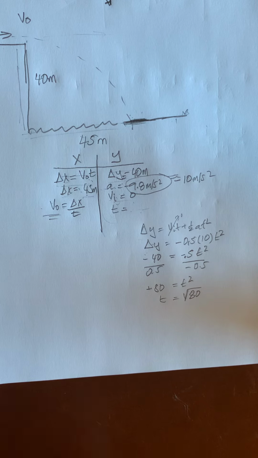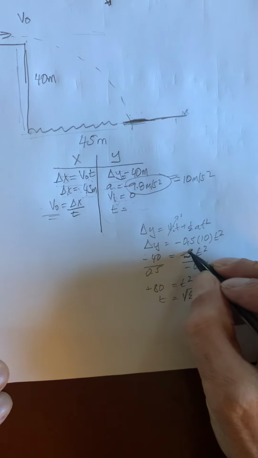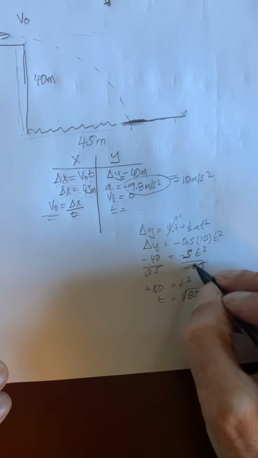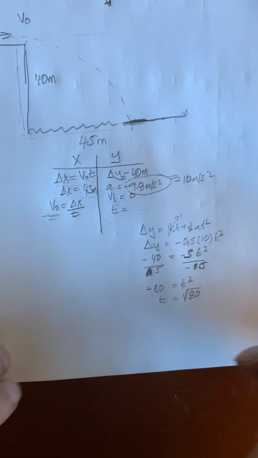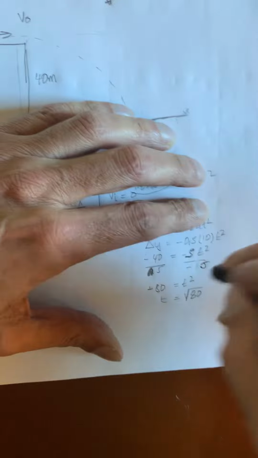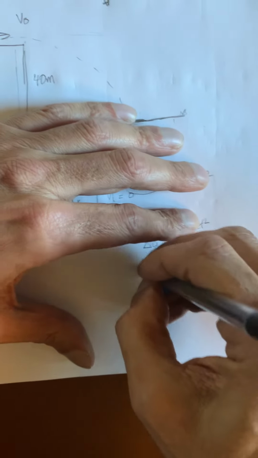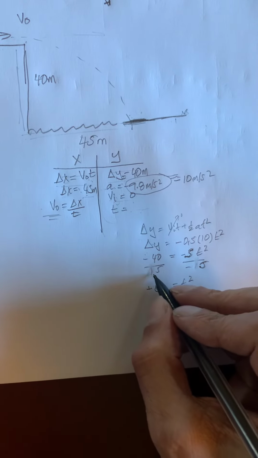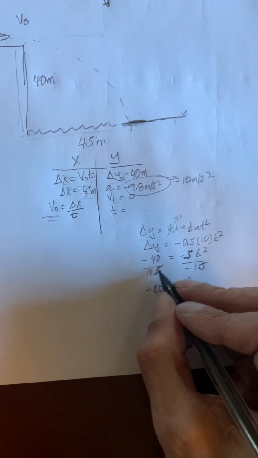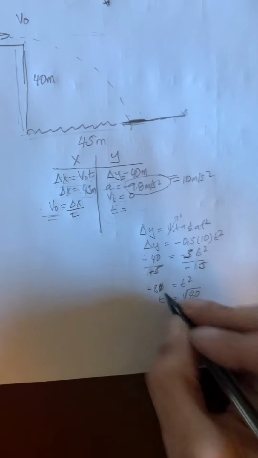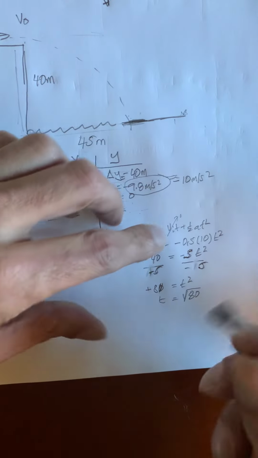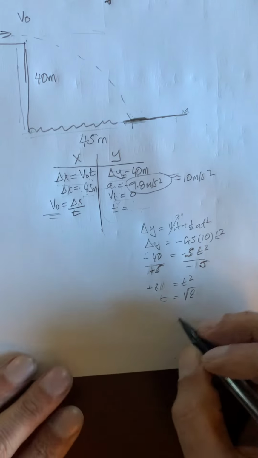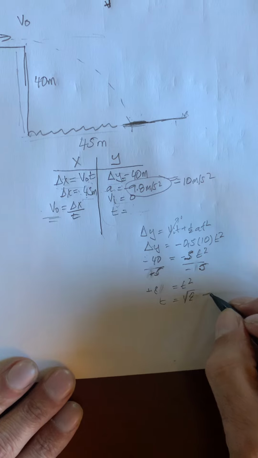you would say, I'm sorry, I made a mistake here, that's 5. That did look like the time was going to be too large. So that's 5. So I'm going to divide both sides by 5, not 0.5. Let's get that out of there. Negative 5, negative 5. I multiplied 0.5 and 10, I made 0.5. Silly me. Okay. So, divided by negative 5, divided by negative 5. So that gives me 8 is equal to t squared. So t is going to be equal to the square root of 8. And then that, you guys can kind of guess, would be about,